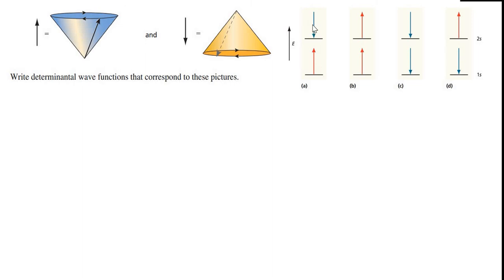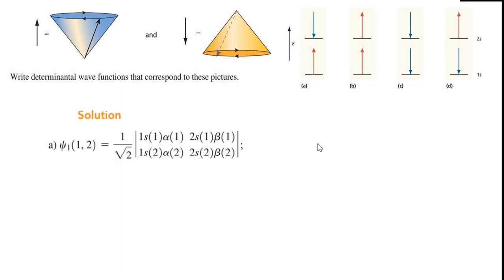So what would be the Slater determinant? What would it look like? The solution is this. You see, now next B, C, D you will give me. You see the spatial, as I mentioned, that 1s and 2s, because the ground state and excited state, energetically there are two different states. So 1s and it is half spin up, so alpha, and the second one is 2s beta. Okay, so this is for one electron.